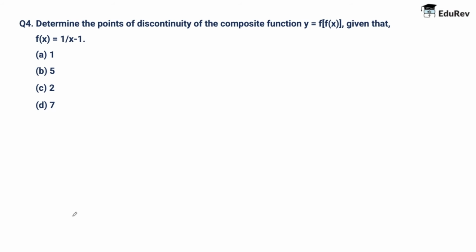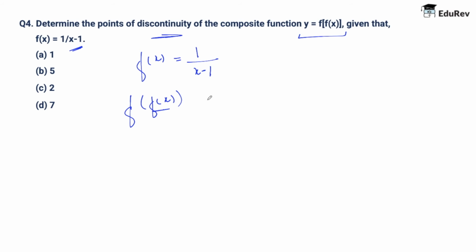Now let's move on. Question number 4 says that we need to determine the points of discontinuity of the composite function y equals f of f of x, given that f of x is 1 upon x minus 1. So in this question, we know that f of x is nothing but 1 upon x minus 1, right? So I can find f of f of x, that means in place of x I need to put what? f of x, that will be 1 upon